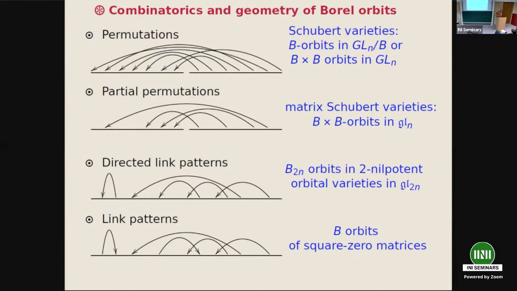I will quote the name in a moment. So here, this is a Bruhat decomposition. Here's then another name, a very classical thing, but maybe no one recalls it. Still, this is B times B orbits acting on GLN,